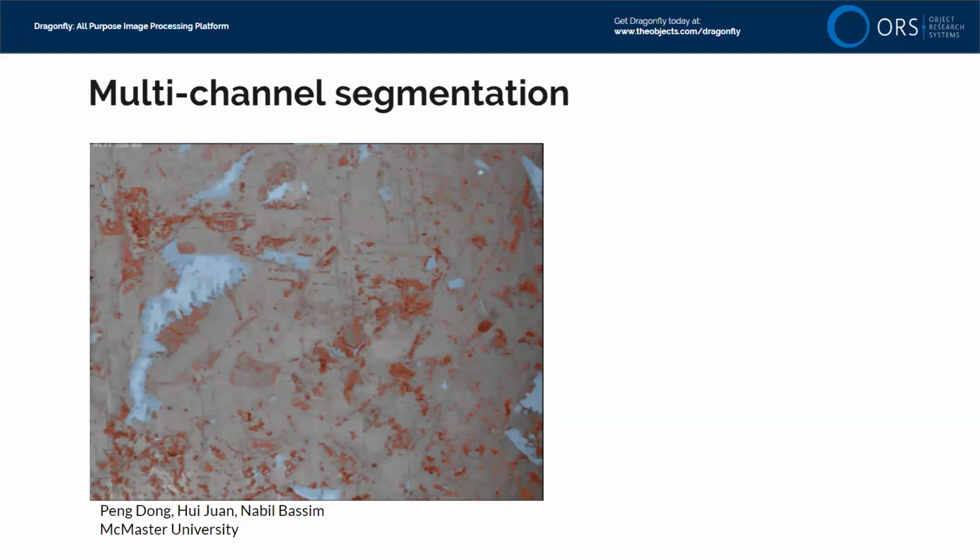This will be an example. These data come from Nabil Bassim's group. A lot of you know Nabil, who's been doing SEM for quite a while. So Nabil's group has a PFIB at McMaster, and Ping Dong and Nabil and we have been looking at concrete samples, and we'll look at data that has noise and has curtaining artifacts, and we'll look at how we segment